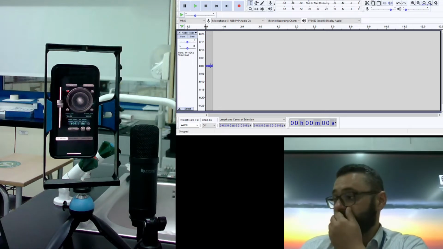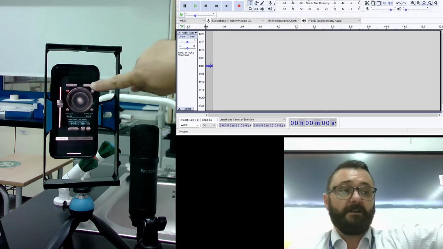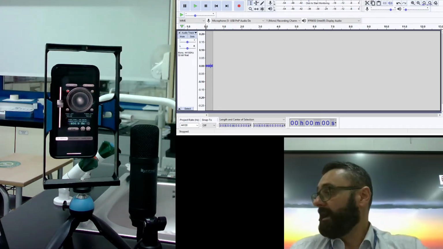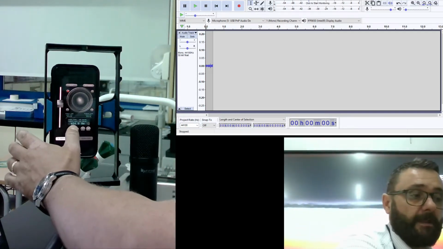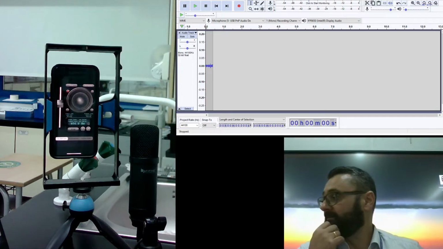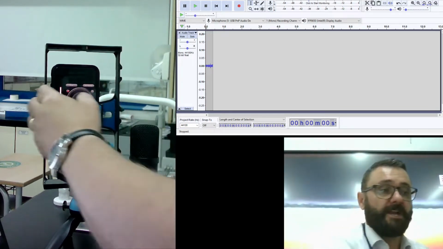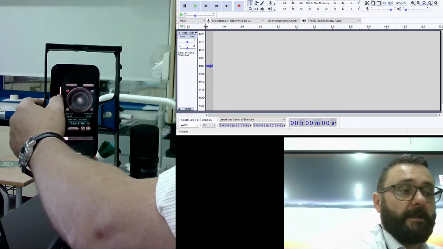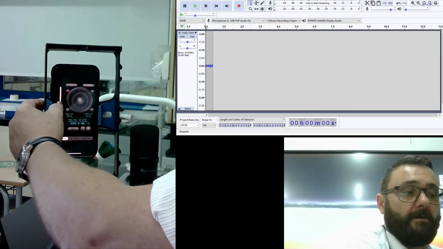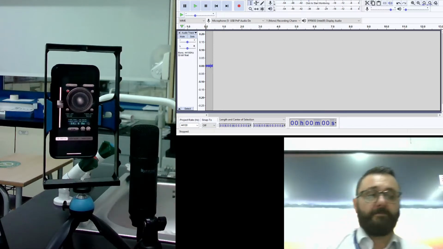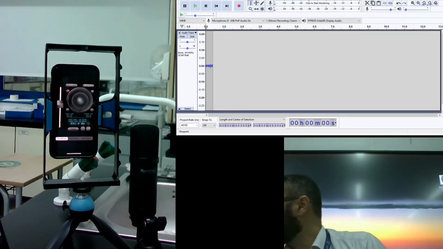Now, what have I got as a sound source? I have an iPhone with an app that is a tone generator. If I press play, that will play any frequency you want. So you can change the frequency. You can go high, you can go low. I'm going to leave it like that. So we'll start with a frequency of